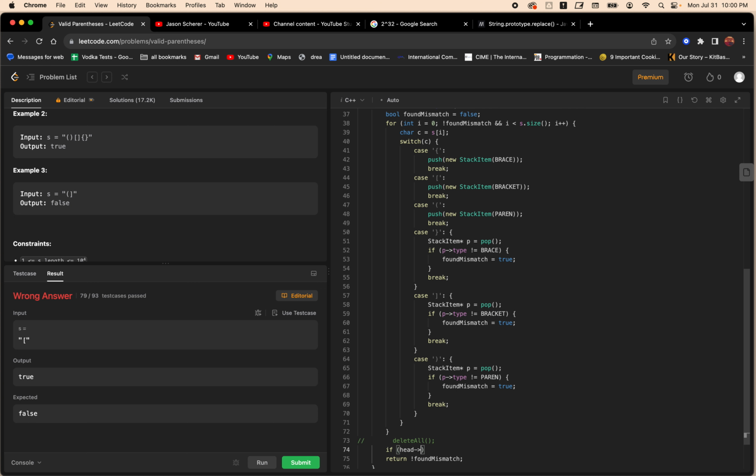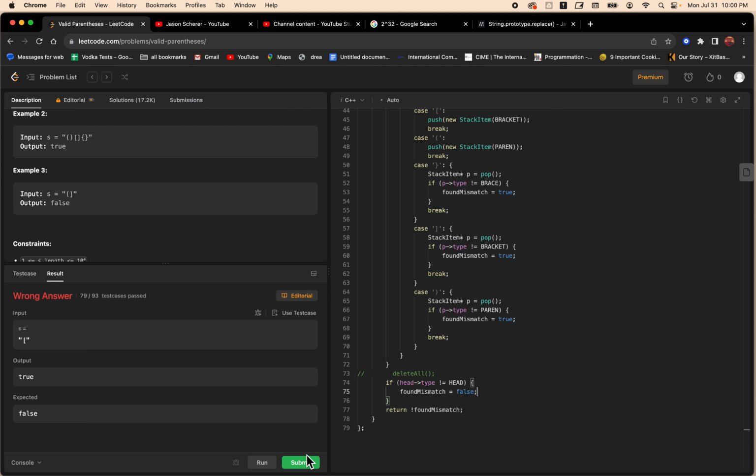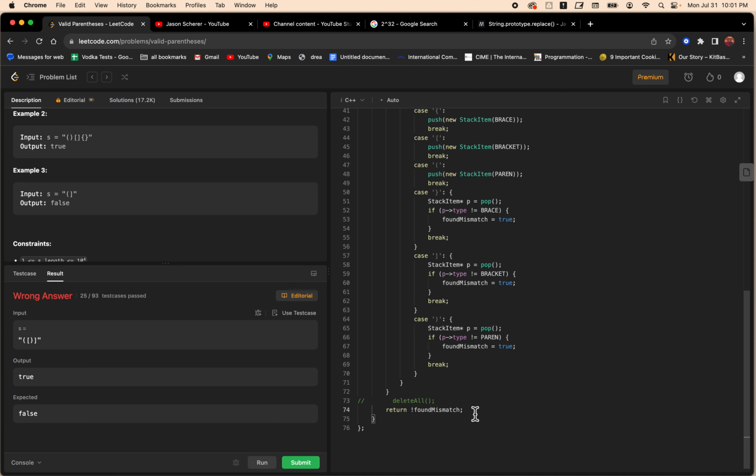If head type not equal to head, found mismatch equals false. I don't know why I'm doing it that way, but actually, hang on a second. I'm gonna return either I found a mismatch or if I didn't find a mismatch,